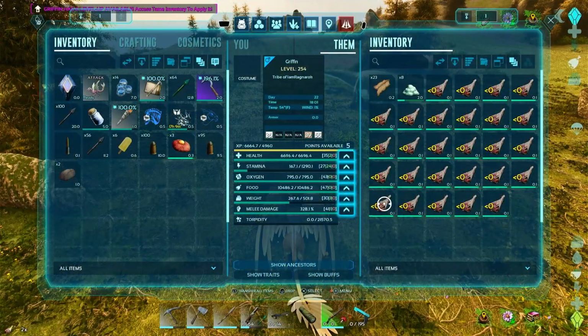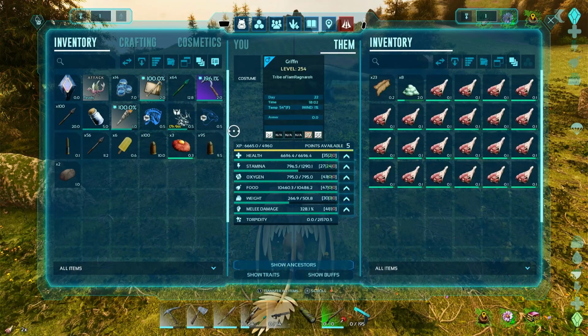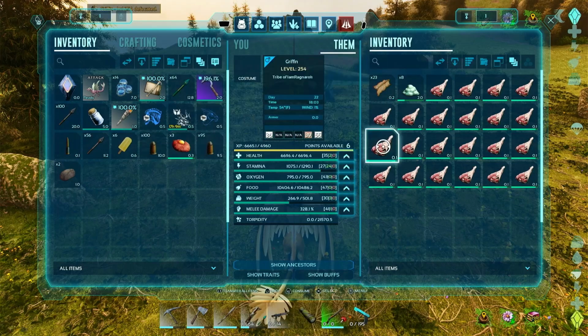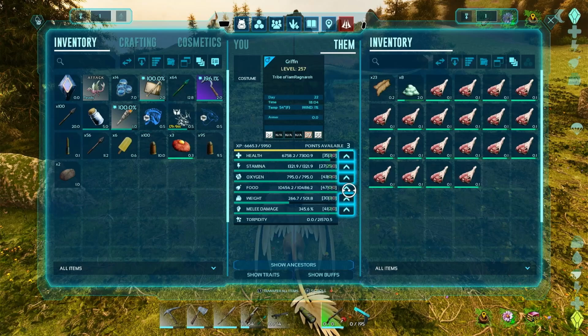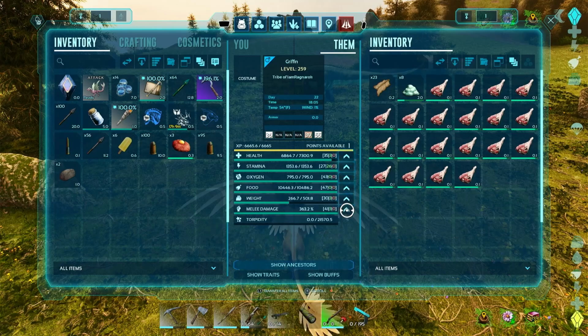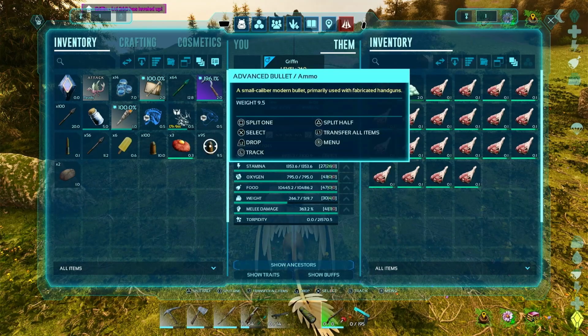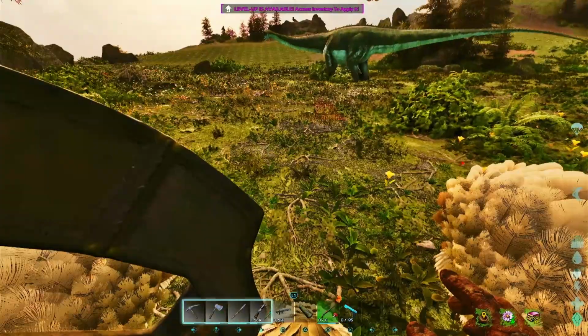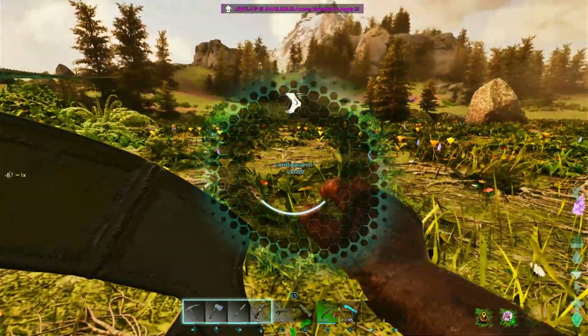Alright, let's see now. Got a lot of levels from that. A couple of points into stam. I have 26, damn. One into damage and then one into weight. Only upgraded health 3 times, man. I should probably get that to at least 10k. I don't know how many levels he's got left in him. But I'm gonna try to get...